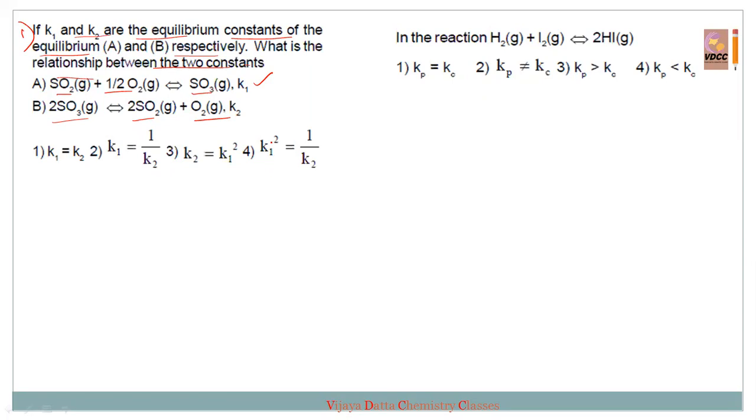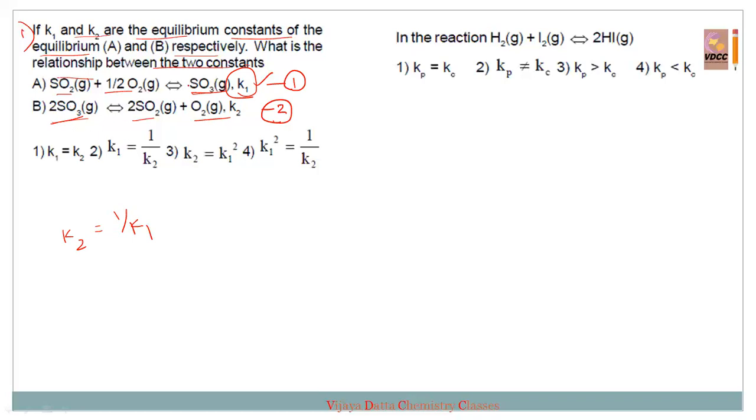First of all, as I told before, we have to take the relation between the first and second. This is reaction 1 and this is reaction 2. What they did to reaction 1 to get reaction 2? See, here SO3 is the product, and it has come to the second reaction as the reactant. Product became reactant, reactants became product, that is nothing but they have reversed the reaction. So I am taking the case. See, this is the relation they are asking. Then K2 is equal to 1 by K1 for the first change, because they have reversed the reaction.